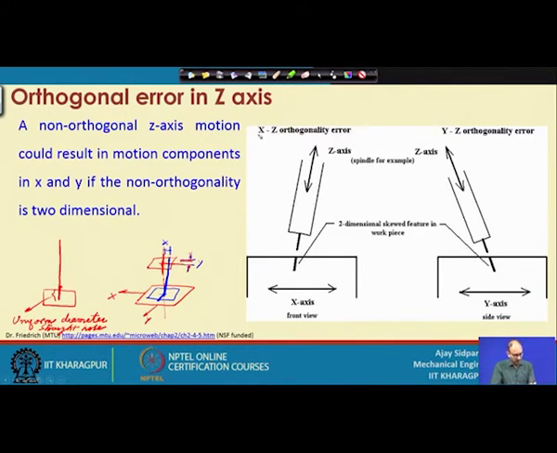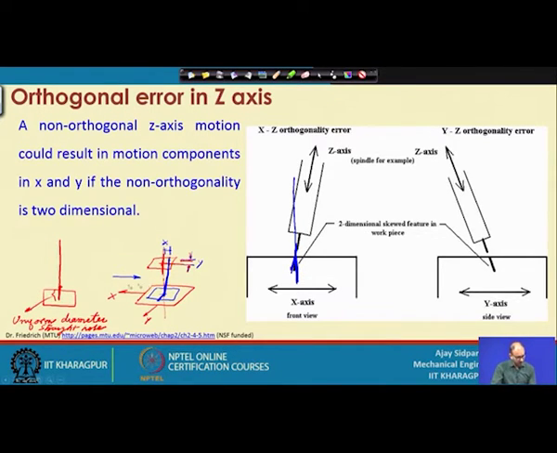Now we are looking at the x and z plane. When you are looking from this particular plane in this direction, because there is an alignment problem, your tool is located inclined. So, instead of a straight line, your location is here. Your tool should be something like this, and the hole should come like this, but because of the alignment problem between the x direction and z direction, you are actually drilling an inclined hole.